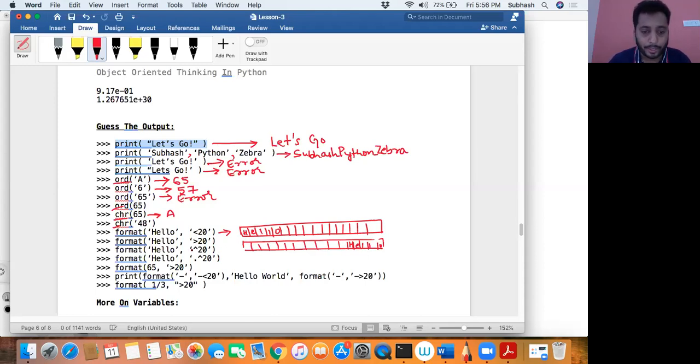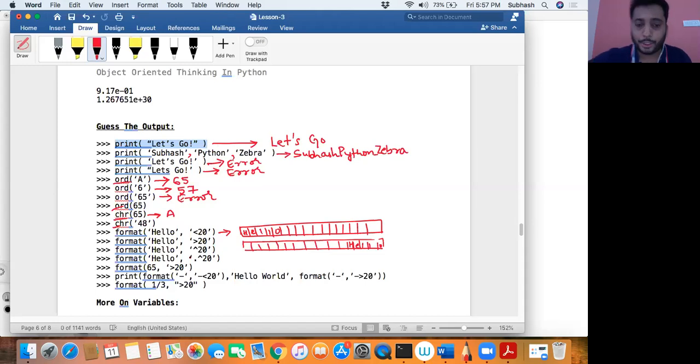Now what do you mean by this symbol? That is your XOR symbol. It tells the format function to format hello so that it appears in the middle, not on the left, not on the right, but in the middle. The remaining spaces would become empty. So the next one says arrange hello in between, in the middle of 20 spaces. And what if, instead of empty space, you replace it with a dot symbol.